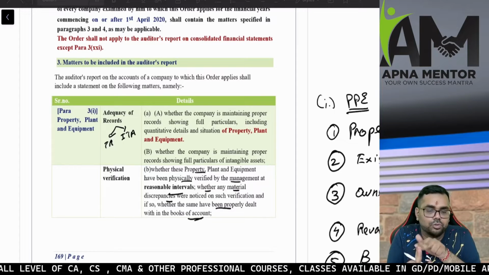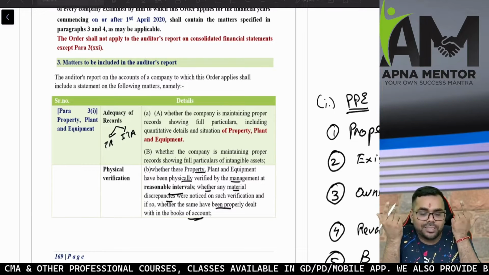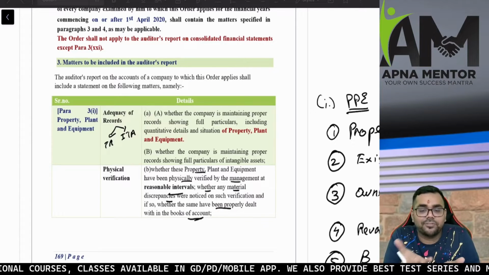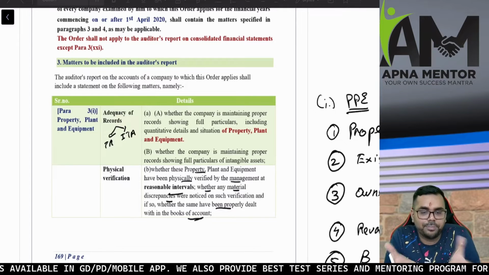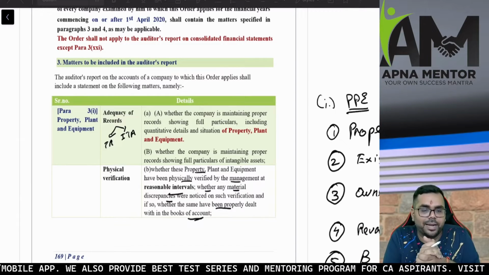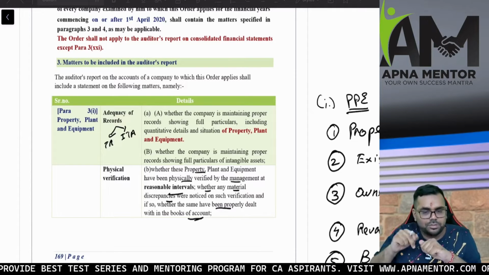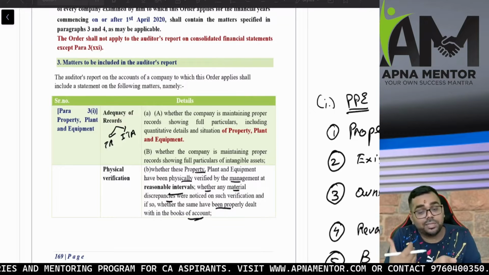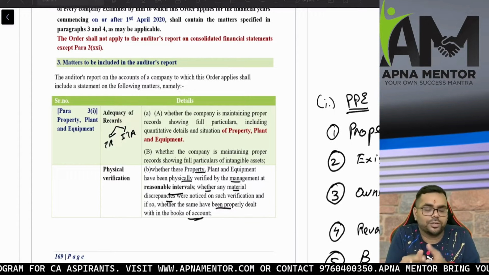So the first two clauses talk about assets. Go to the asset side. Firstly, what do you visualize? Fixed asset. Then what do you visualize? Inventory. So the first clause is regarding the fixed asset. Basically, the terminology we use is PPE, property, plant and equipment. So clause number 1 is regarding the property, plant and equipment. Clause number 2 is regarding the inventory. After that, we come to the loans. So clause number 3 is regarding the loans if the company has given. Clause number 4 is also regarding the loans, but that is particularly with regard to loans given to the directors.